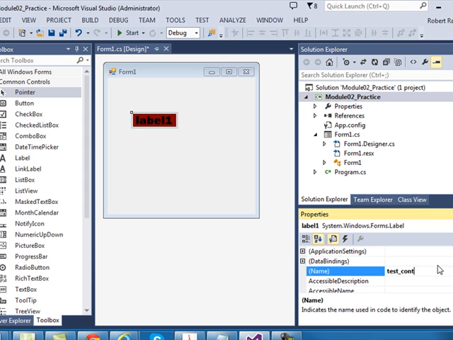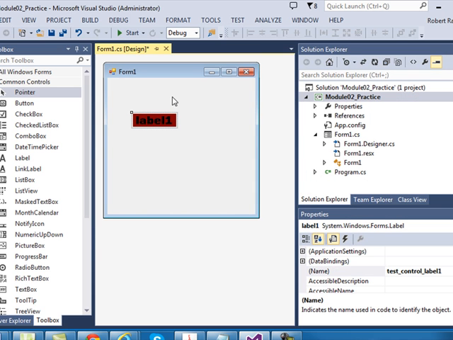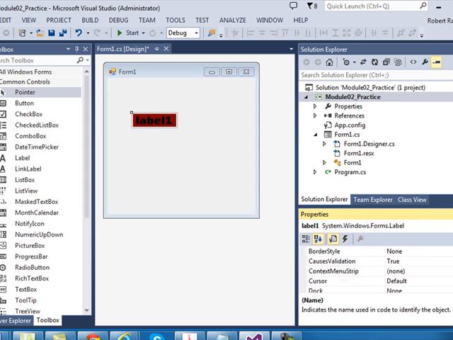test_control_label1. Okay, that's a terrible name, but we'll use it. And I can also change what it says on here too. What it says is listed under, I'm going to scroll down to find it, under text. So right now it says label 1,